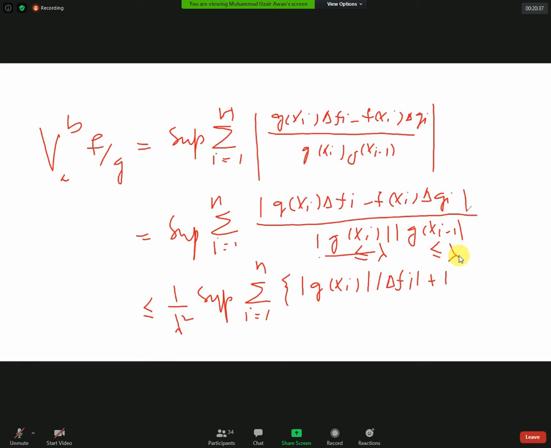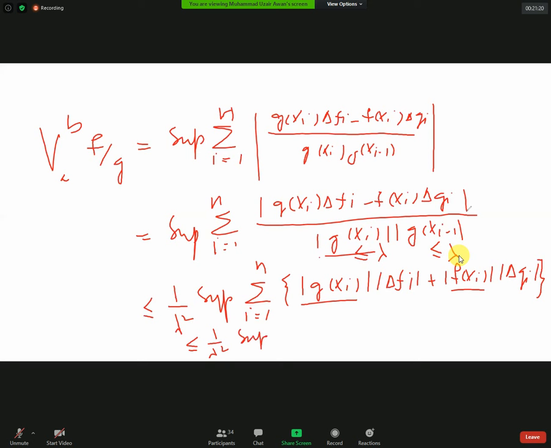प्लस डेल g i, ठीक हो गया जी। अब supremum of f plus g is less or equal to supremum of f plus supremum of g, and we know that g and f are functions of bounded variation, इसका मतलब है this will be bounded, this will be bounded, suppose this is bounded by m2 and this is bounded by m1, so that will be less or equal to 1 over lambda square